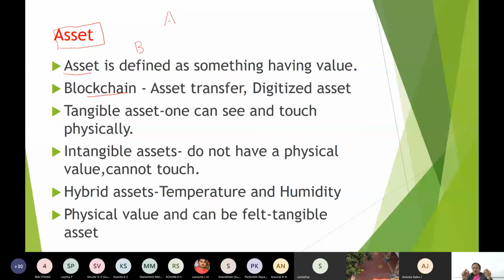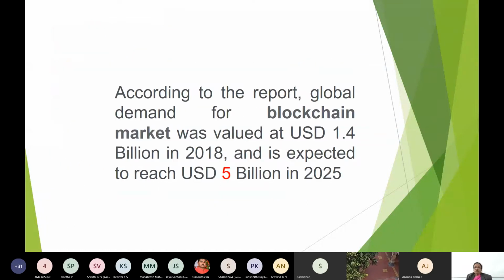So you should have clear differences between the tangible, intangible, and hybrid assets. Physical value can be felt in this hybrid asset. The humidity can be felt, temperature can be felt. So this knowledge should be very clear when we are doing this part here.